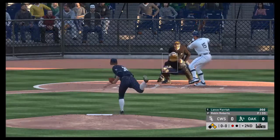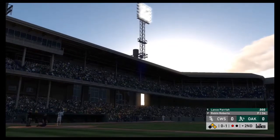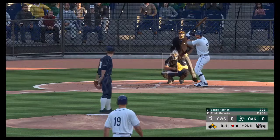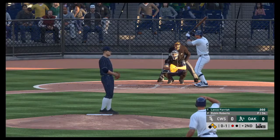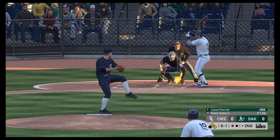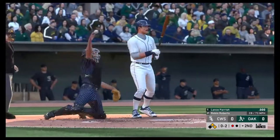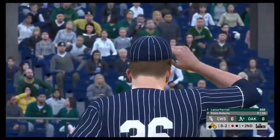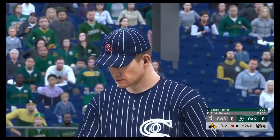At the plate now, Lance Parrish, as he'll take one up in the zone, but indeed in the strike zone for the first strike. Right over the top with that curveball, and it's 0-2. Now that's when you know it's a good pitch. He broke off a really nice breaking ball down in the zone right there, and even though this is one of the